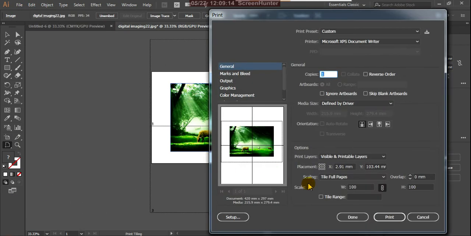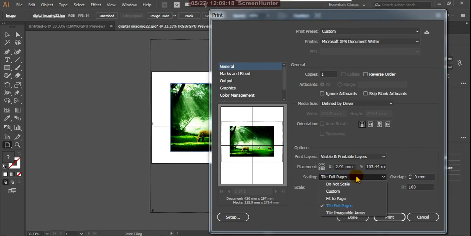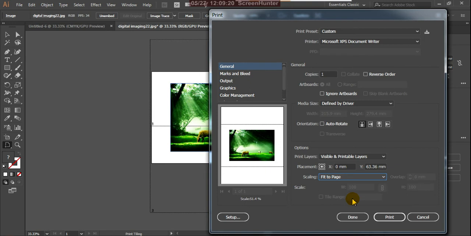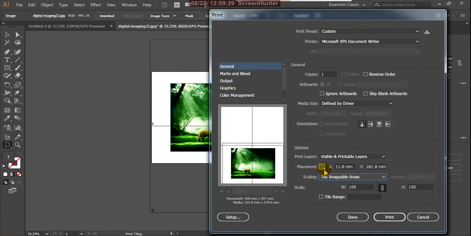Give the print options. Okay, tile imageable area, and you give this. Okay, and suppose make it done.